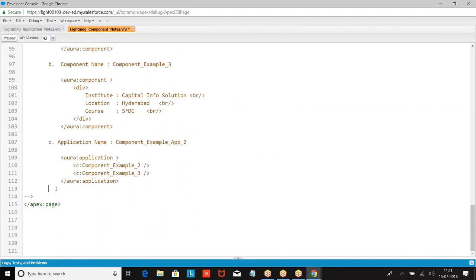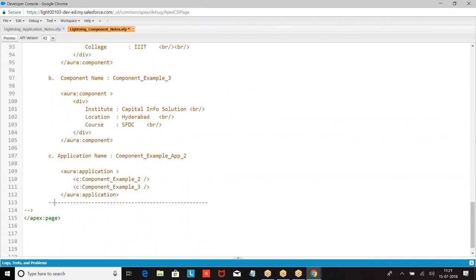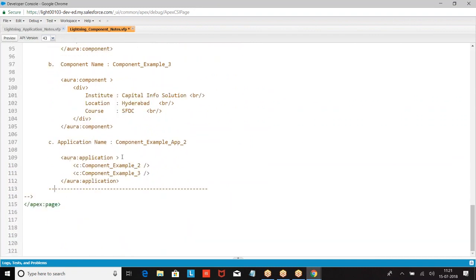The next example, you want to see how to invoke a component within a component.